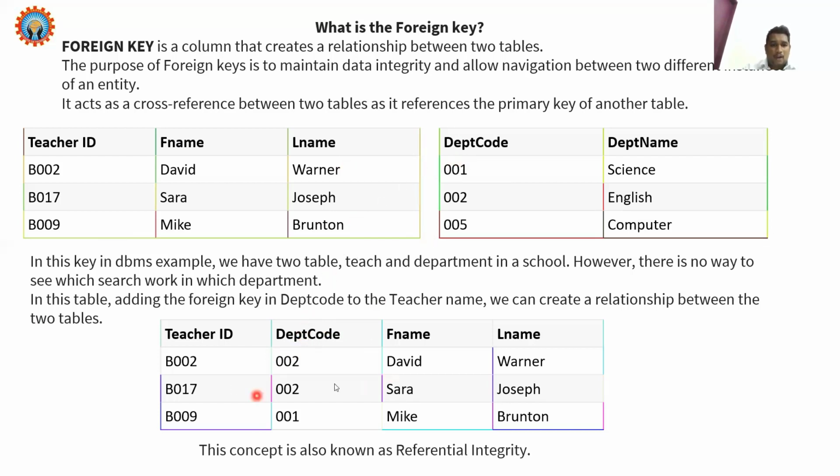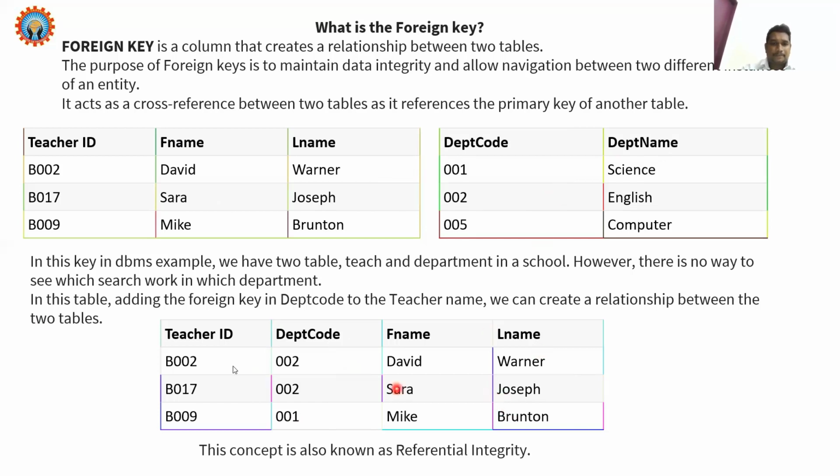So now we go for the mapping. If I want to find David, who teaches in the science department, based upon this code which lies here, the mapping between 01 and 01, I can retrieve the data. Here one point is available, that point will be discussed later.